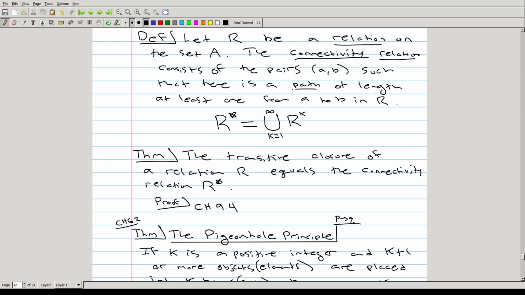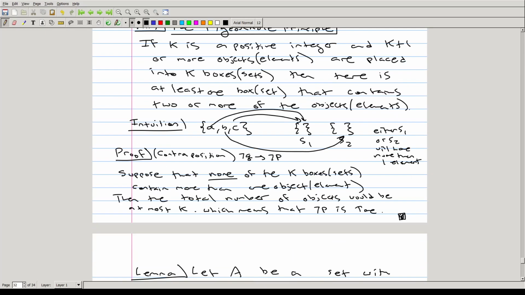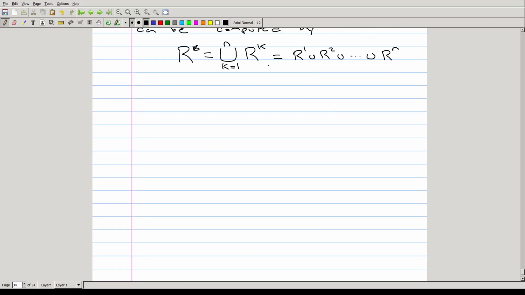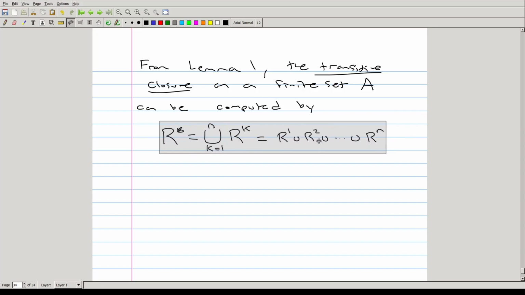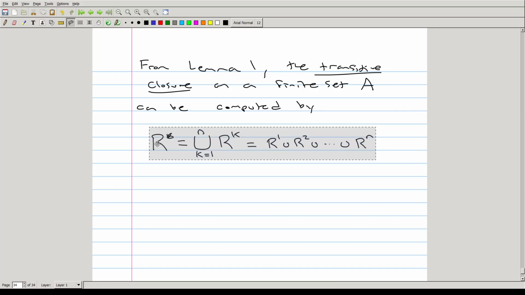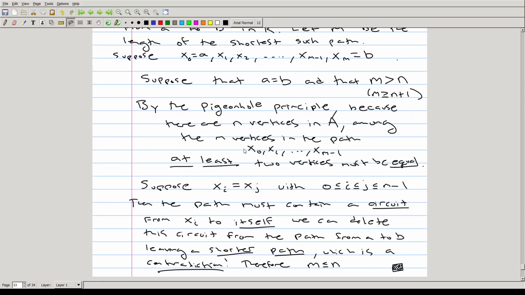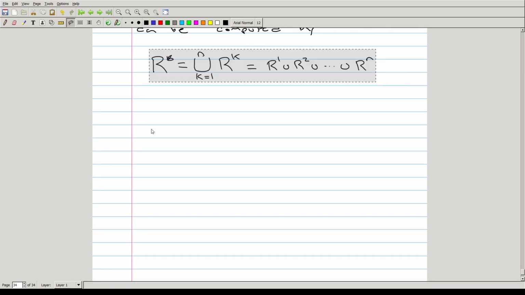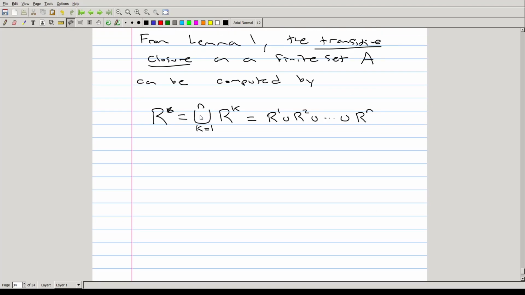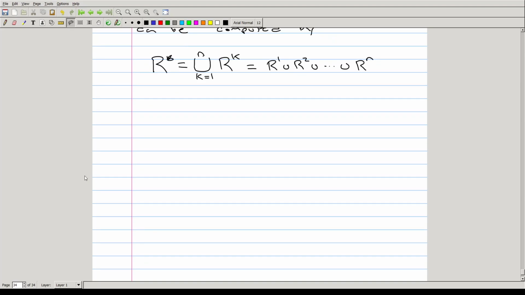The union from before was an infinite union, right, for a general set R. However, for finite sets, what we've shown using some basic graph theory is that we only actually need to consider a maximum of the number of elements in the set itself when we're taking the union for this transitive closure. This is because of lemma 1 right here on the path length, and this is super important because it lets us go through and say definitively that